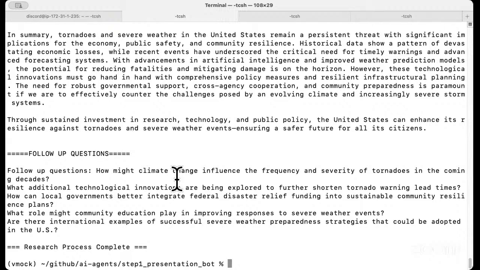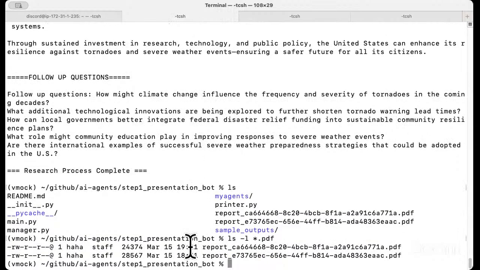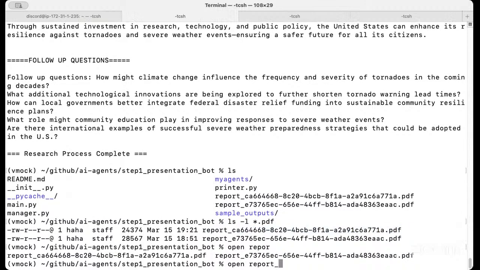prototype from, if you download the examples for this SDK, you will see this similar output. However, I have enhanced this to generate a PDF file as well. So let me take a look at which PDF file is the latest one. Okay, so right now it's 721, right? So this one is the latest one. Report.